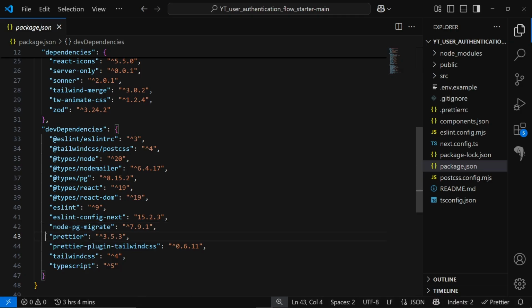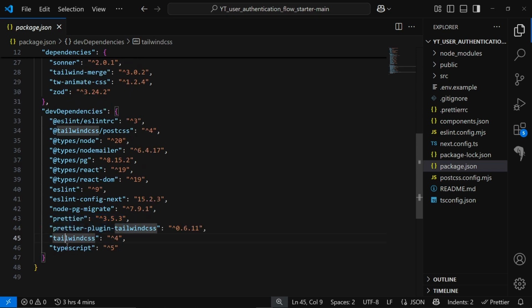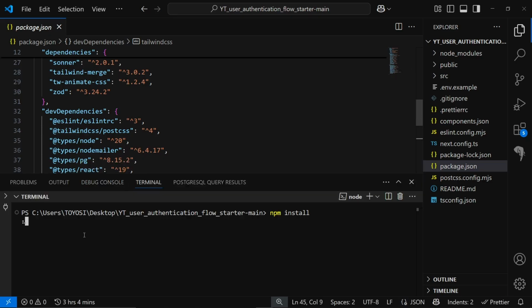And then we have the Prettier plugin for Tailwind CSS. This plugin is going to help us sort our Tailwind classes so that our classes follow a uniform layout. So we have Tailwind CSS and the Prettier plugin, and we also have TypeScript. By now our packages should be fully installed. It is still running. While our packages are still installing, let's go through